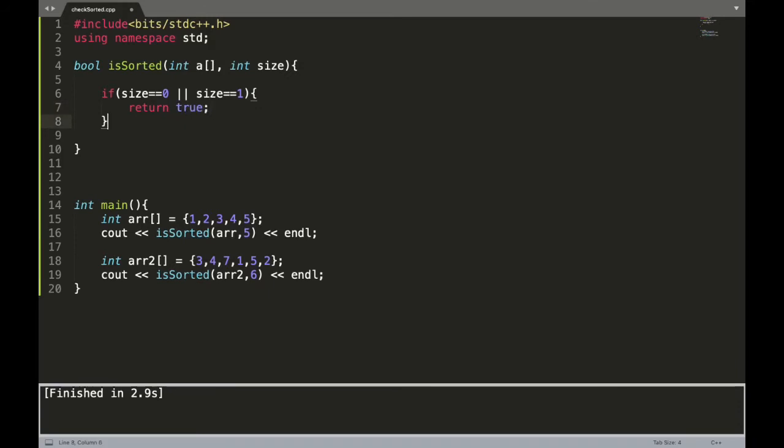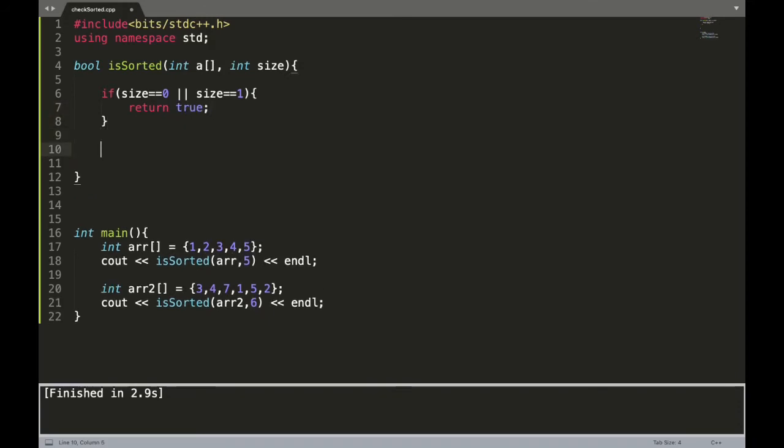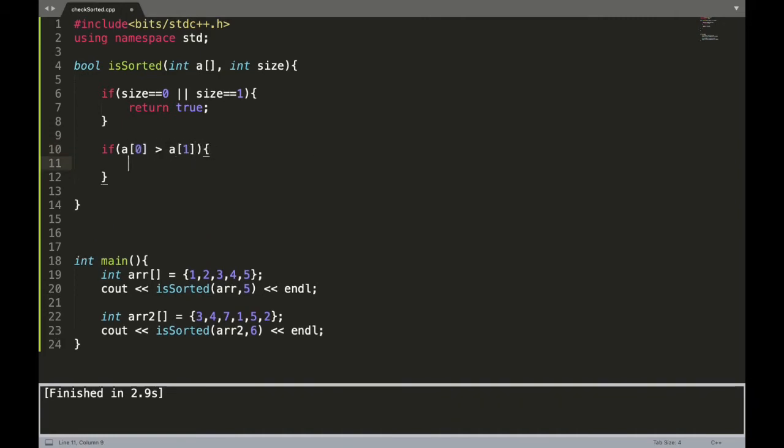So we simply return true. Right. Now we can first check whether the first two elements are sorted or not. That means if a[0] is greater than a[1], then clearly the array is not sorted, so we simply return false.